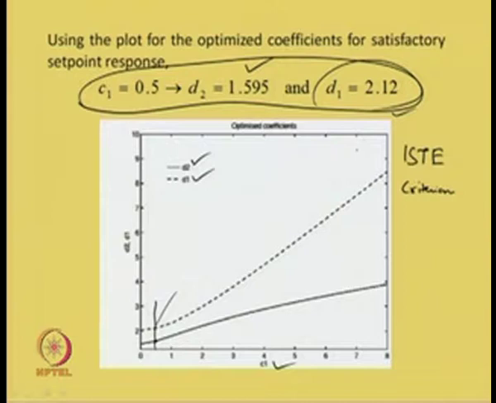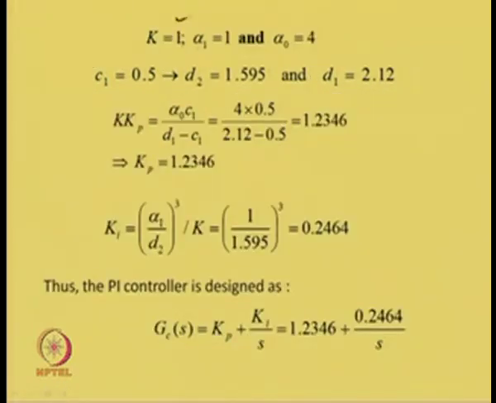which is the plot of D2, D1 versus C1 optimizing the ISTE criterion. So, using this plot we have found that for C1 equal to 0.5, D2 is equal to 1.595 and D1 is equal to 2.12. So, using k equal to 1, let us assume the process model